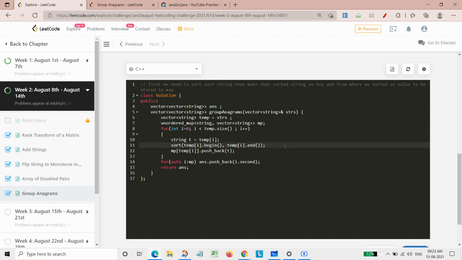Then because of this sorting, the time complexity will simply become k log k, and this also depends on what sorting algorithm we are using. But here we are using the inbuilt one, so the time complexity here will be simply k log k.